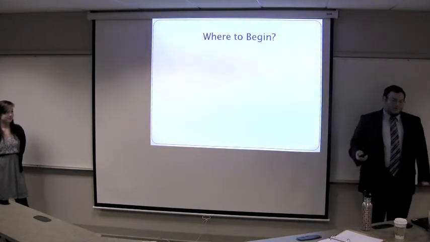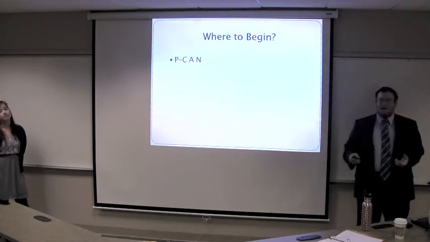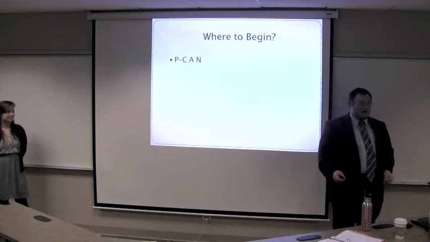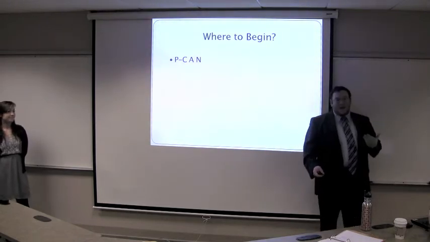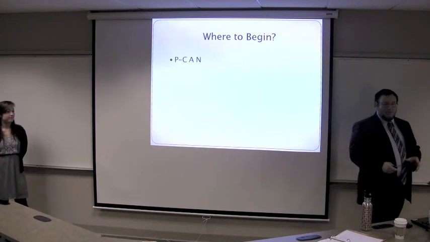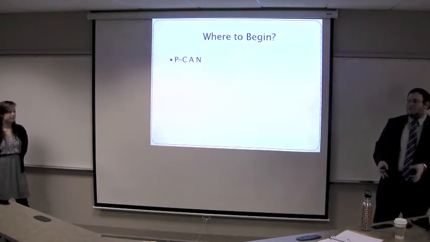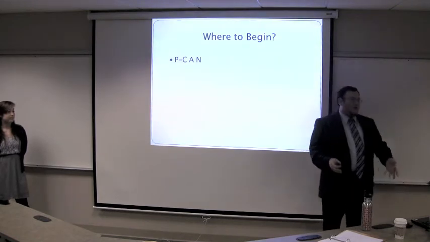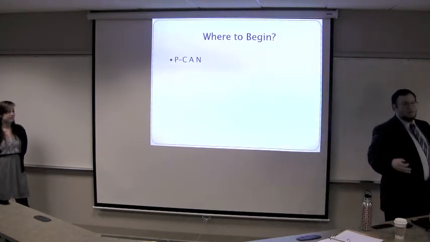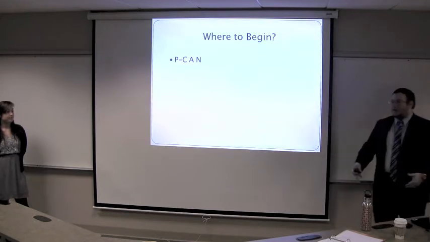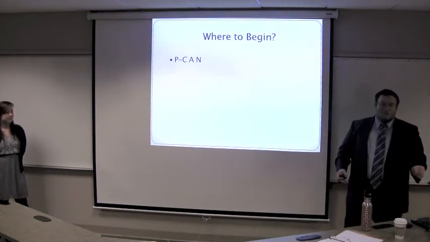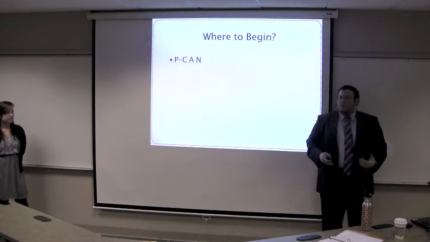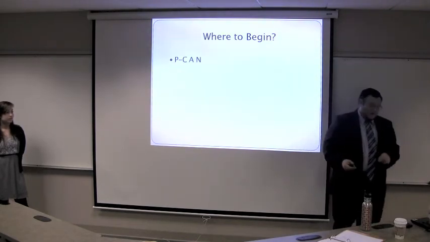So where should we begin with this? Now, an acronym that I like to use, that I've gained from my experience in speech and debate, is PCAN: problem, cause, answer, and net benefits. You want to deal with the problem, establish what is the business doing wrong? What could we be doing better? And then you want to focus on the cause. Why are we not being as efficient as we could be? Why are our sales numbers down? Things like that. And then you talk about your answer. You talk about what your document has proposed as the solution to this problem,